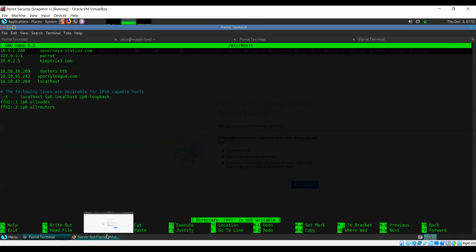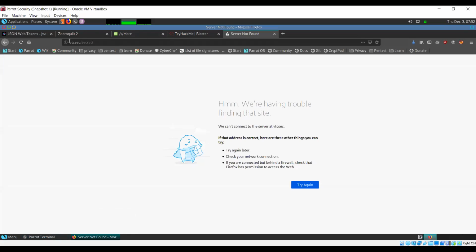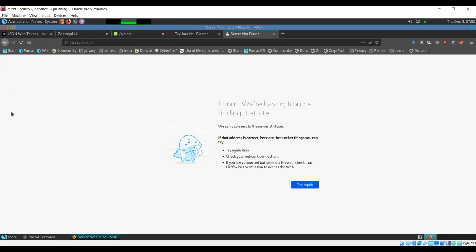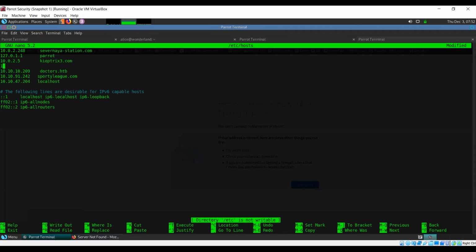Now in our case, our system is trying to reach a domain called VTC sec, but it does not really know how to reach that. If it sends a DNS query for this, it's not going to get any results because there is no domain over the internet known as VTC sec. So our system is totally confused as to how to reach that. But we can guide it. What I can do is include this IP address, 2.245, and connect it with the host, which is VTC sec.